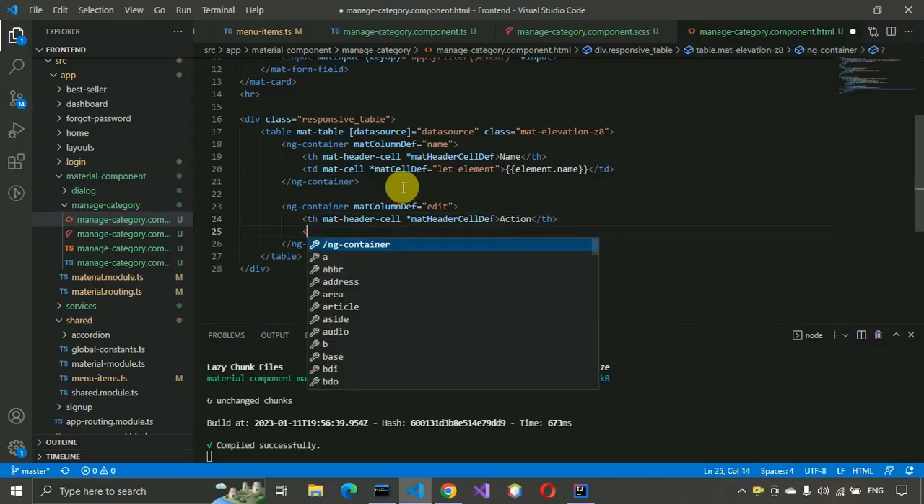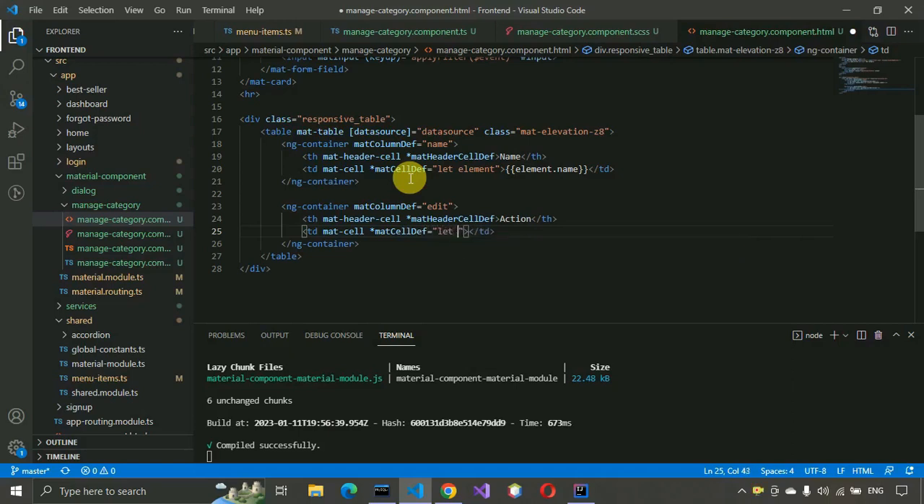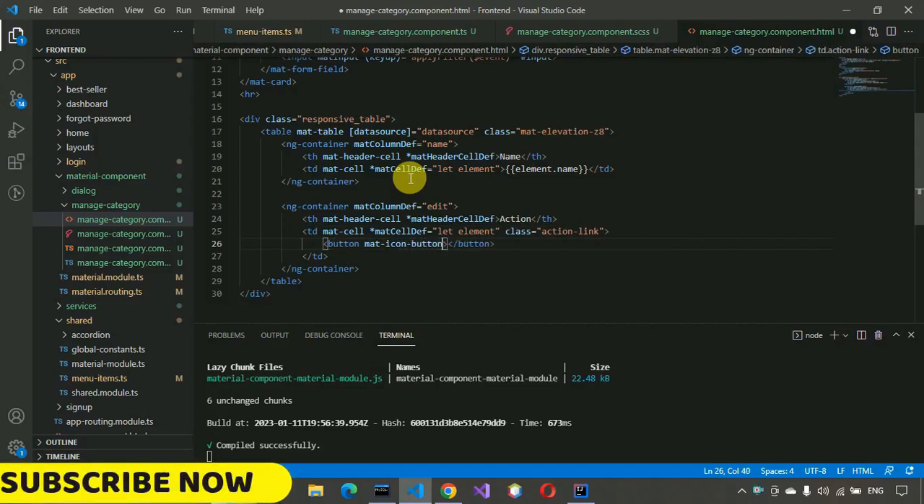and after that here we have to write td mat cell and star mat cell definition, this one let element, and here we have to write not element actually, so this will be of and here we also need to add one class, so action link, this will be action link, and here we have to put the button, so button over here, so this will be for edit button, so mat icon button, and the color will be primary,